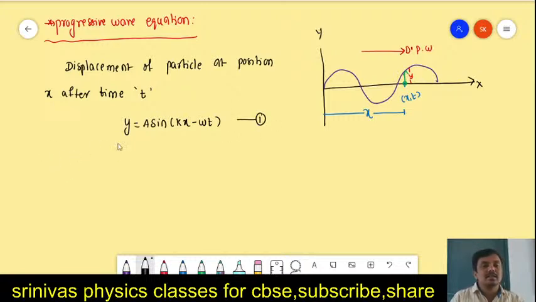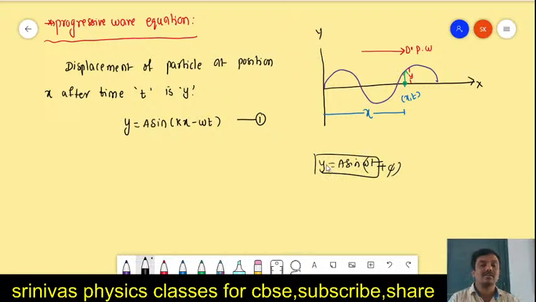We write this: y is the displacement of particle at position x after time t. The formula for y is equal to a sine kx minus omega t. Why did we write it like this with sine? Because this particle is in SHM. In the last class we derived the SHM equation y is equal to a sine omega t, the displacement equation in SHM. In simple harmonic motion, displacement equation we write as y is equal to a sine omega t plus phi or a cos omega t plus phi. Sine or cos you will get. That's why we wrote like this. I will explain the terms in that. Okay, don't worry. And equation 1 indicates